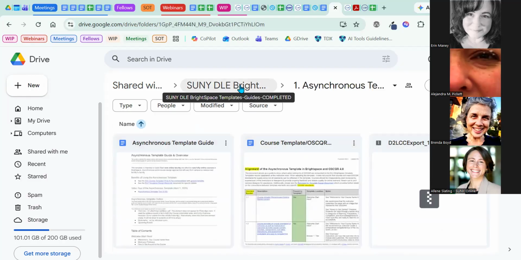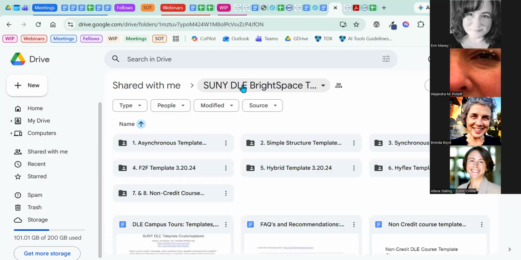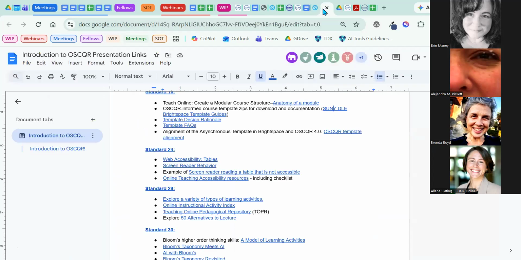So whichever one you adapt, there's going to be a document that talks about how it's aligned with OSCQR, and there'll be other documentation that goes with it if you're interested in adapting it for whatever your context might be. But this is a very quick way to quick start faculty into good, effective OSCQR-aligned course designs. And if you're able to share a template across multiple courses in a program or across your institution, you can get some of that systematic